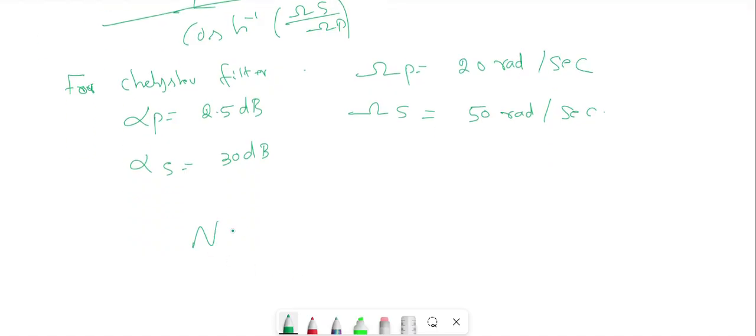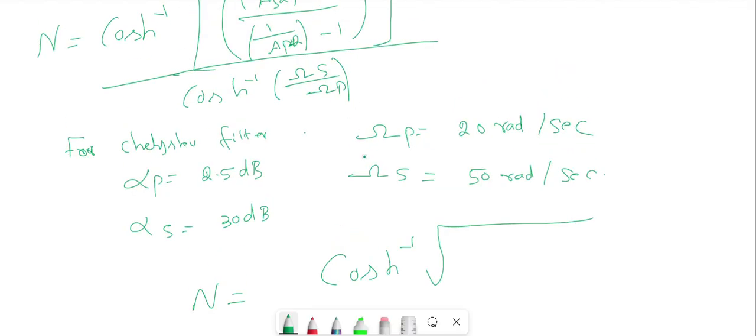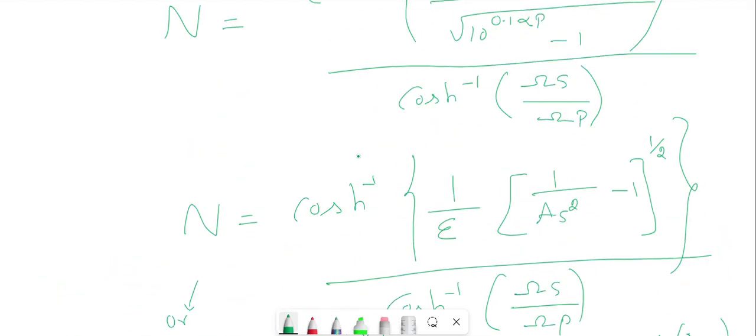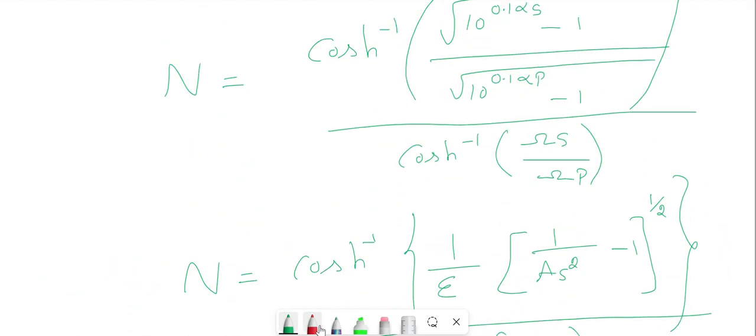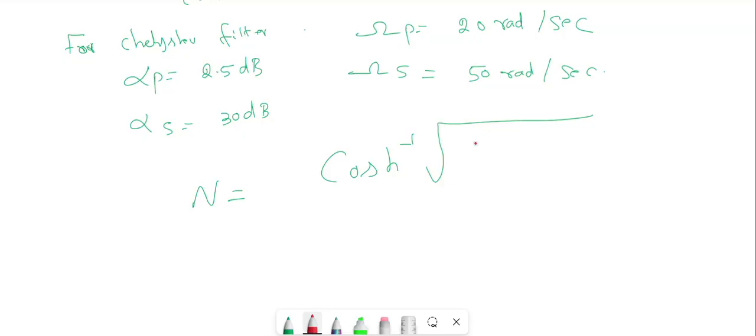So n is equal to cosh inverse of the square root of, so use this formula, 10 to the power. Alpha s, alpha p, omega s and omega p are given, so you can take this formula. 0.1 into alpha s, 30 dB, 0.1 into 30 will be 3. So you can substitute: 10 to the power 0.1 into alpha s, 30, minus 1,